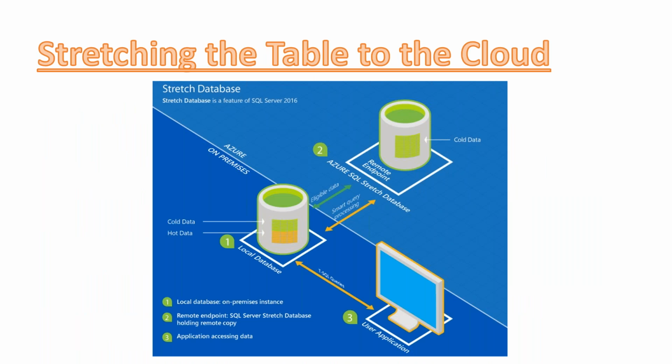Another feature that helps us manage tables, which is a new feature in SQL Server 2016, is stretch database or stretch table. So in 2016, we can stretch our table to the cloud. We have SQL Server on-prem, and we have a local database here. And again, this is our very large table, and we have hot data and cold data. Let's say we consider the last 6 months as hot data. We want the last 6 months to be present locally on the local server, and all the rest of the data before 6 months is considered cold data.